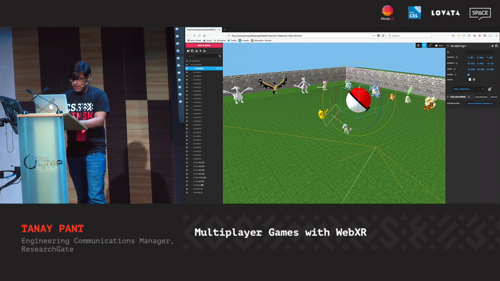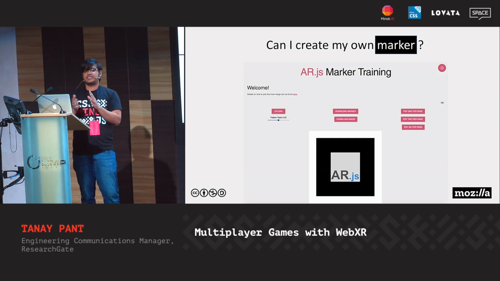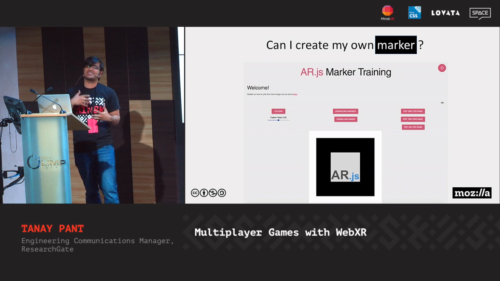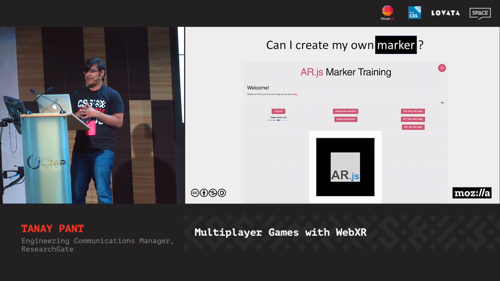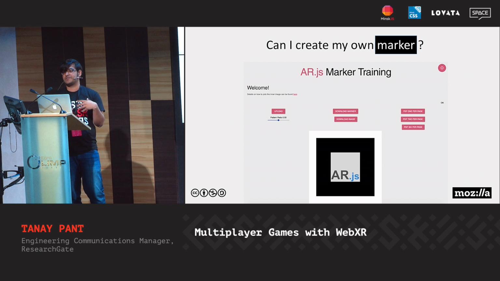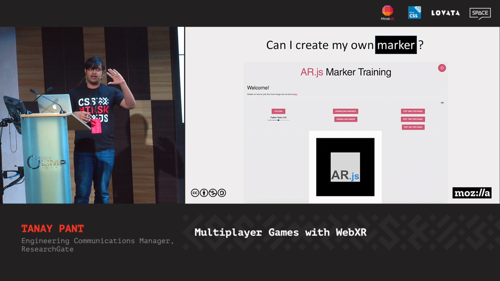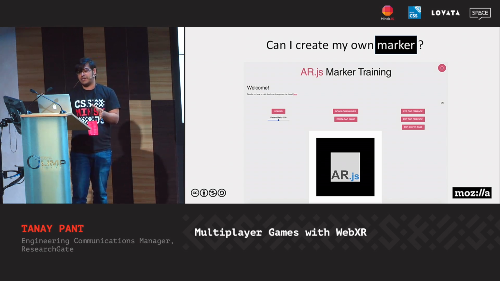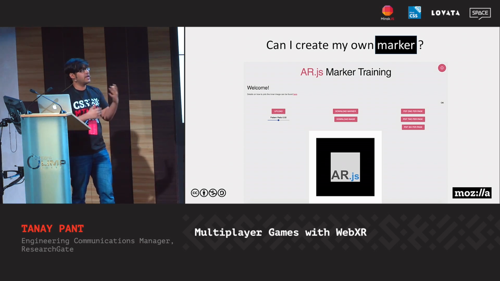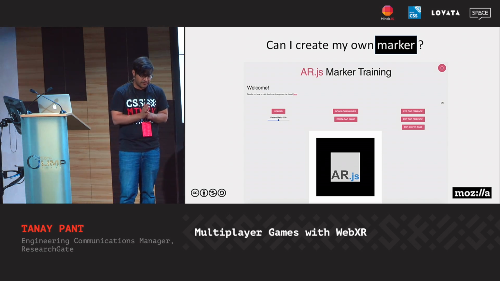Moving on, just using the preset markers like Hero was not that scalable or personalized. I wanted to create a game with my own markers, and I needed quite a lot of them. And the great thing is that the creator of this library also has provided us with a tool where we can upload our own images, and it generates an image file, which is basically a marker, and a pattern file. And if you go ahead and want to try this out to create your own markers, just 2 caveats that you should be careful of, because that annoyed me a lot when I was starting off with it.